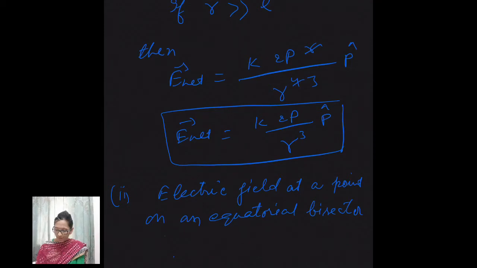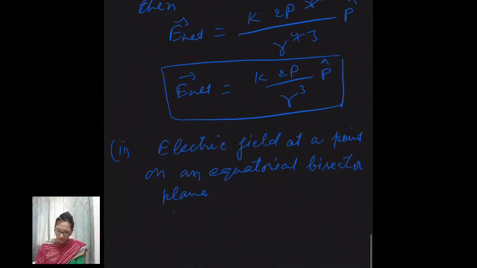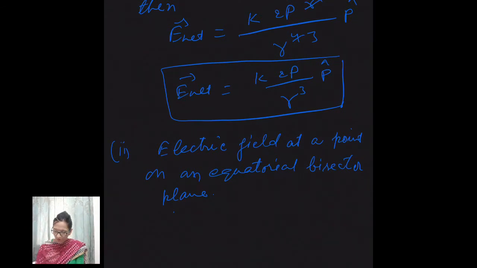Let us first of all take a central line and not a plane, and let us find electric field on this line, on equatorial bisector. Better we should write equatorial bisector line. At a point P, here we have to find electric field at a distance R,